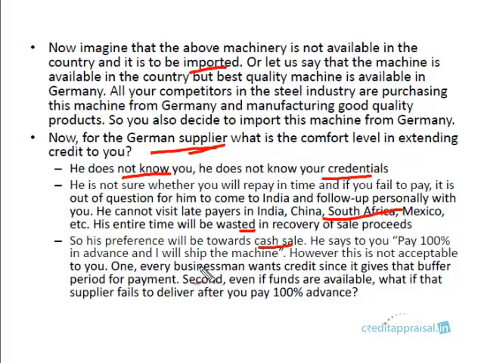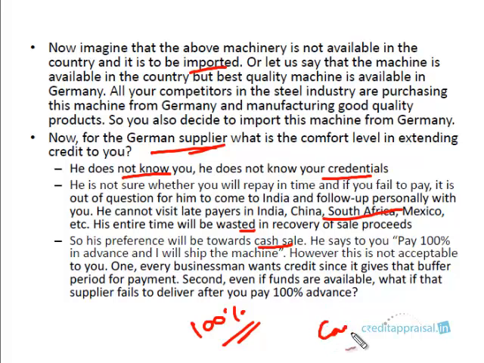So it's not only that. There is another reason, a second reason, why that doesn't work, because it is not acceptable to you. What if you give 100% advance? You pay 100% advance, and then you find out that the machine is not working, or it is not as per the specifications. Now the roles are reversed. Now you can't go to Germany and follow up with the seller for return of the amount. So from both the supplier's and the buyer's point of view, there are problems, especially in international trade.